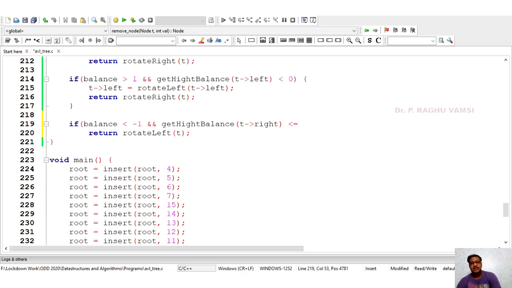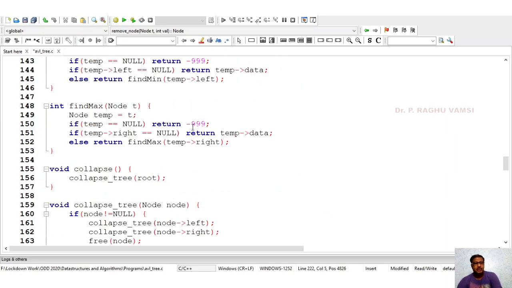This particular general balance is not possible. So in such cases, we need to perform the rotation on the left side, so that it will come into the normal position.